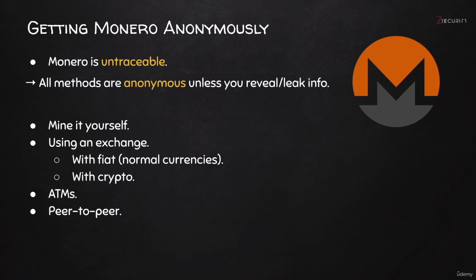Therefore, if you think of it, you can actually buy Monero using any method, and this method will be much more anonymous than using Bitcoin. So even if you verify your identity when buying Monero, once you transfer your coins from the website that you bought it from to your own local wallet, this money becomes untraceable and unlinkable to the account that you used to buy Monero. The only way that this can be linked to you is if you make a mistake, an operational mistake,